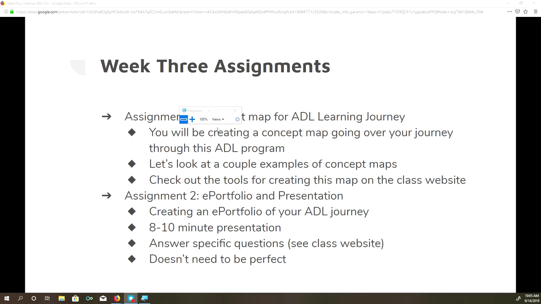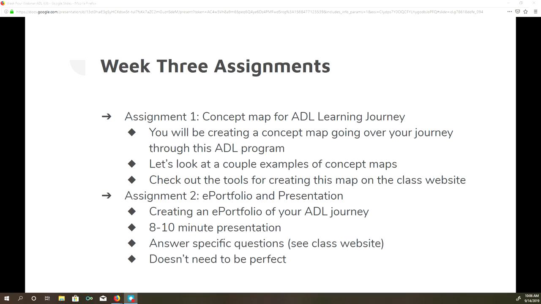Also, a couple of ways that you can pre-record an e-portfolio are through Screencast-O-Matic, which is one of them that I like to use, and there's one called Screencastify. I think Screencastify may only be a Google Chrome extension, so you might have to use Google Chrome with it. So if you're using something else like Safari or Firefox or one of those other browsers, then you might need to use Screencast-O-Matic or another one.